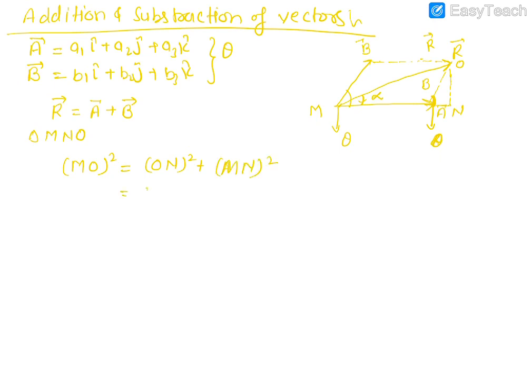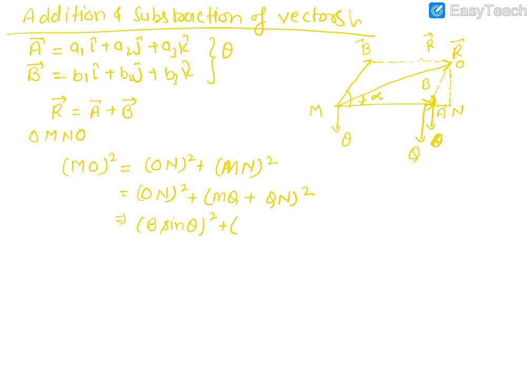Now mn we can write, suppose this point is some q, as mq plus qn whole square, right? Now what is on? This angle is theta, so on is basically b sin theta, whole square,